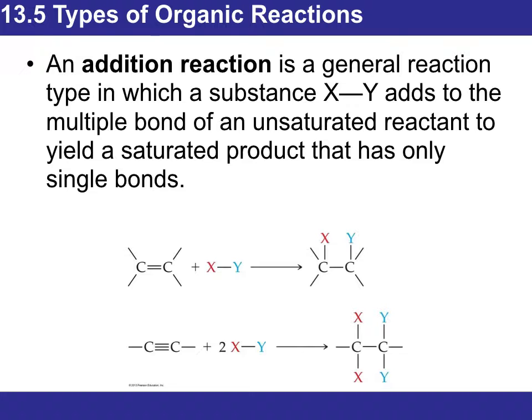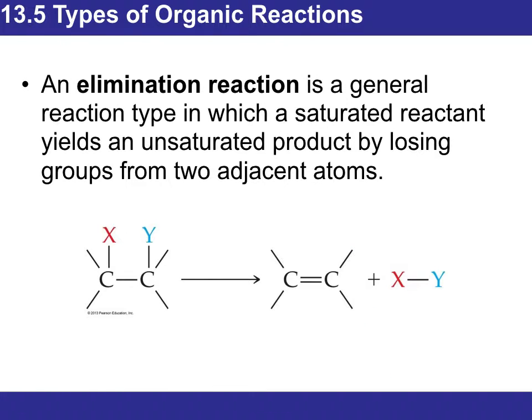Remember, carbon needs to have 4 covalent bonds. So if it goes to a double bond, this is the first example, and if it goes to a triple bond, you need 2 times X and Y so they can go on each of those carbon atoms. Elimination is pretty much the reverse, where you eliminate X and Y from 2 carbon atoms that have 4 covalent bonds and insert instead a double covalent bond, and on the side X and